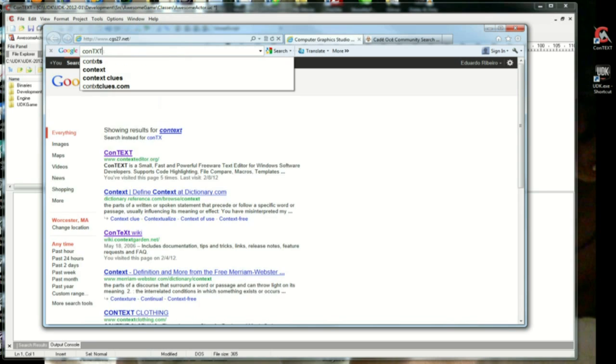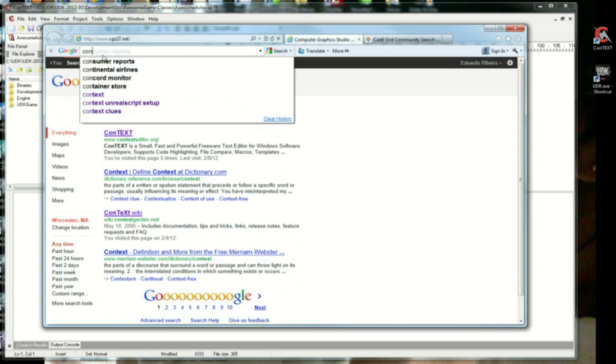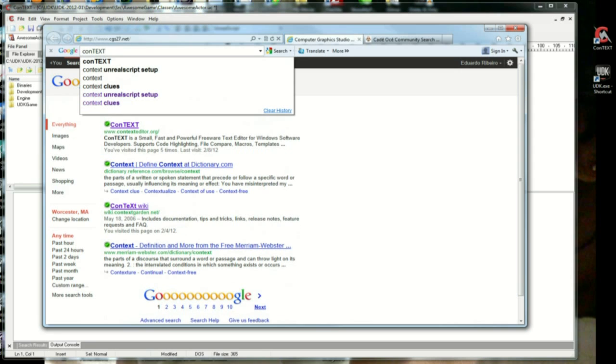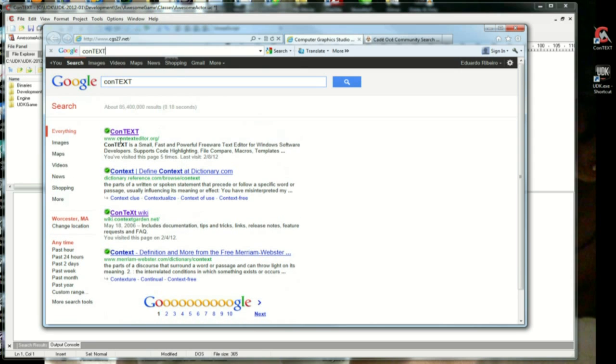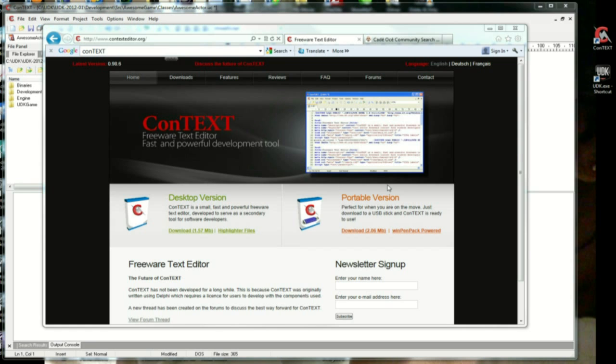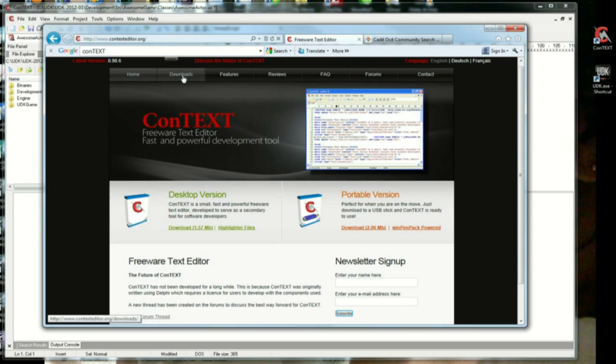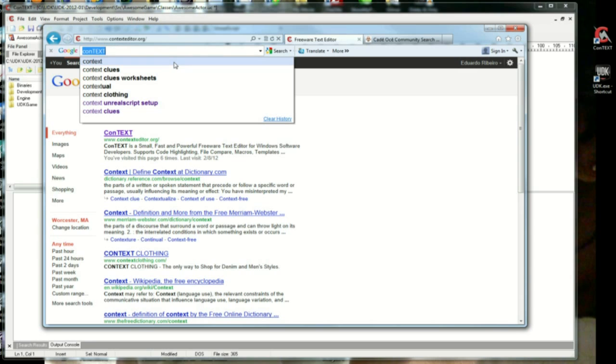If you do a Google search for conTEXT, you will find www.conTEXTEditor.org. You are going to download the software, and after installation I put the shortcut right here on the screen, right next to the UDK January 2012 executable file. Another important piece of software we're going to need, actually this is more like a file,